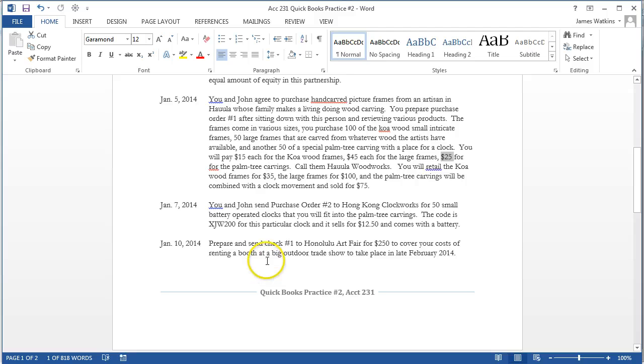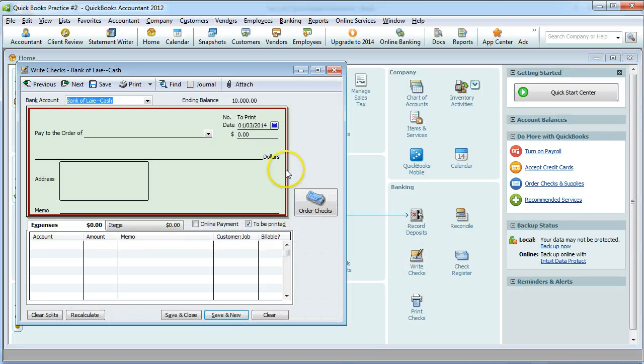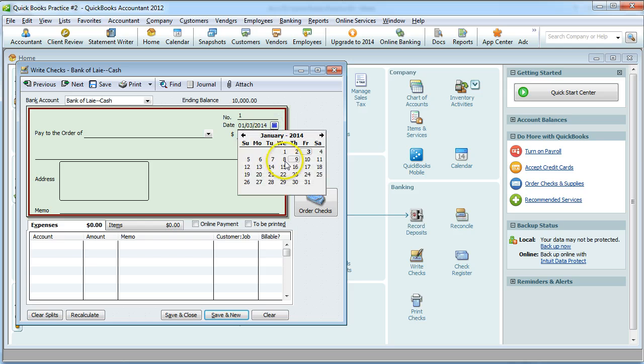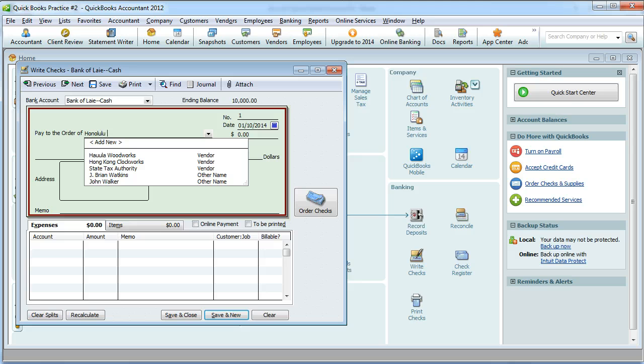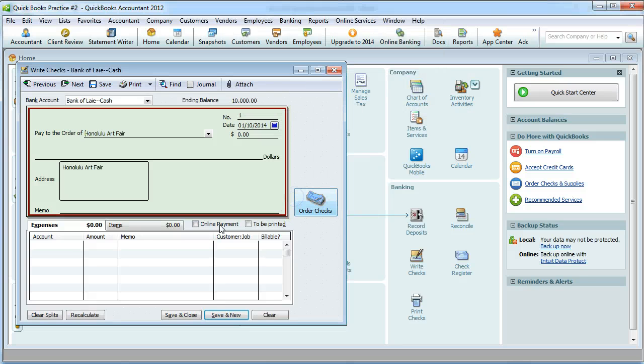Now we're going to write a check. It's January 10th, and we're going to rent a booth for a trade show to Honolulu Art Fair. So write a check. Unclick the box so that we take control of the check number. We want check number 1. And it's going to be the 10th of January. We're going to write the check to the Honolulu Art Fair. Enter quick add as a vendor. And this is booth